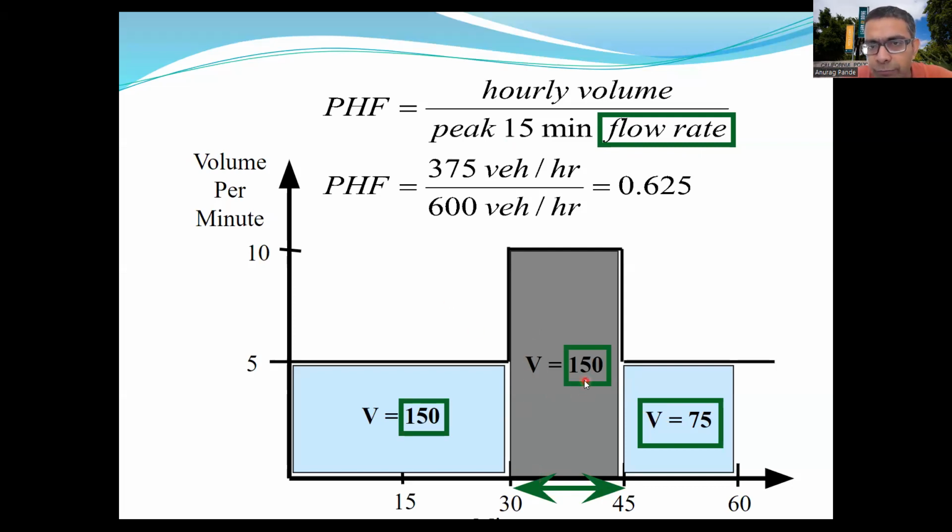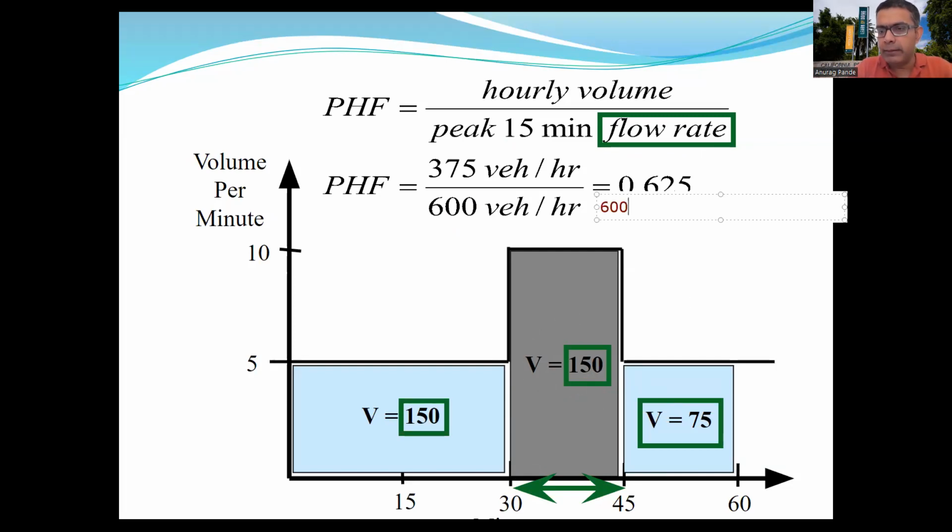So in this case, it's 150 times 4, because if what happened during those 15 minutes continued for the full hour, you would have 600 vehicles come in. So basically you take the peak 15-minute flow rate or peak 15-minute volume and you multiply that by 4. So this 600 is nothing but